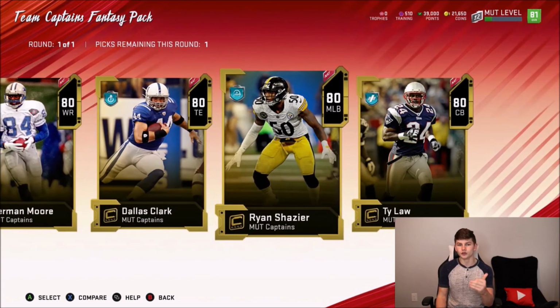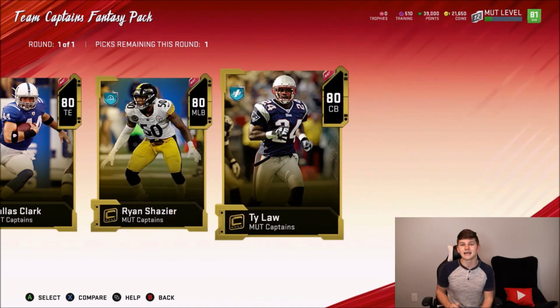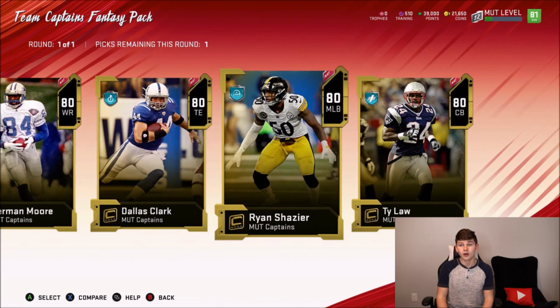And then it comes down to, do you use your middle linebacker? If that's the case, I'd say 100% take Ryan Shazier. If you don't, I would say Ty Law, because again, depth position, you put him at cornerback 4 or 5, and he's going to be one of the more speedy cornerbacks in the game this year, which really you need,